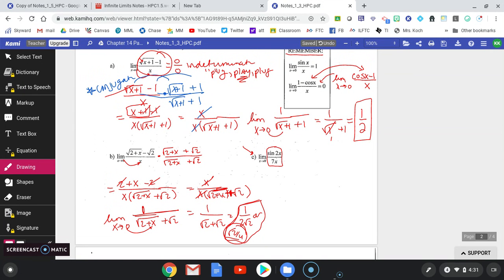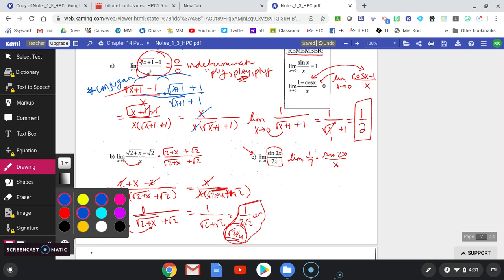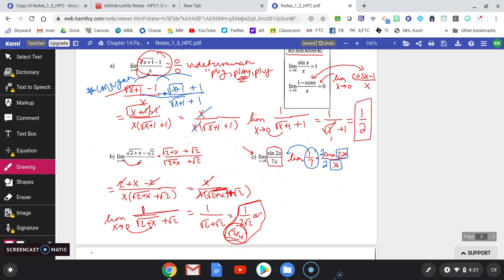And I'll do that by taking the limit and I'll break out that 1/7 times the sine of 2x over x. Okay, so now I am able to say, let's bring this 1/7 out front, and let's have this argument here match this denominator. To do that, I'm going to multiply the numerator and the denominator by 2. So take a look where we're at here. We have 1/7 times the limit of 2 sine